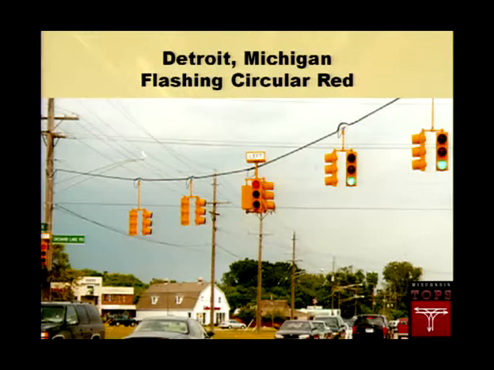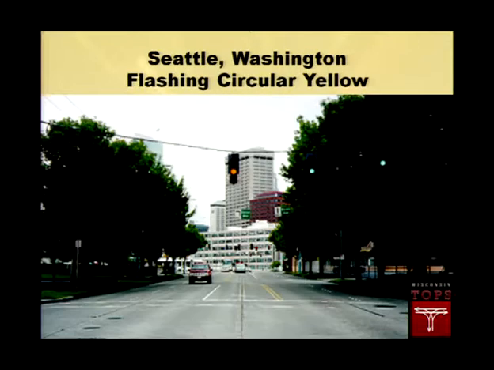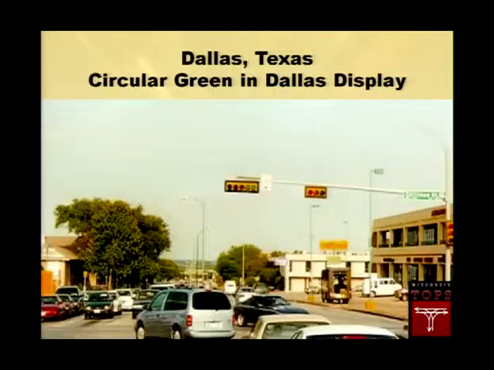Moving along, this is what Detroit was using in their flashing red. They were a little bit sharper and put left on the top to help us understand which signal head they wanted us to look at. In this region of the world, some of you may be familiar with the flashing yellows up in Seattle, so we looked at those very carefully. Dallas has a number, and Texas has a number of different things that compounded this that are a little bit beyond our discussion today.